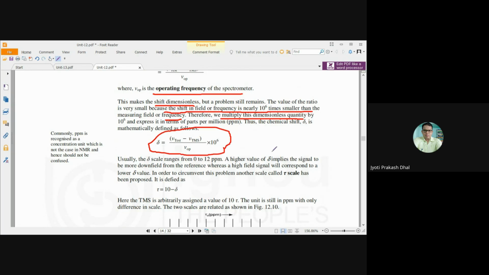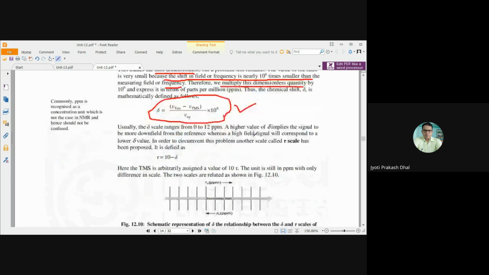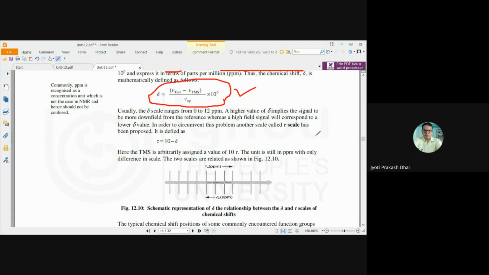delta equals nu test minus nu TMS divided by the operating frequency nu OP, into 10 to the power 6. Usually the delta scale ranges from 0 to 12 ppm. A higher value of delta implies the signal is more downfield from the reference, whereas a high field strength corresponds to a lower delta value. In order to